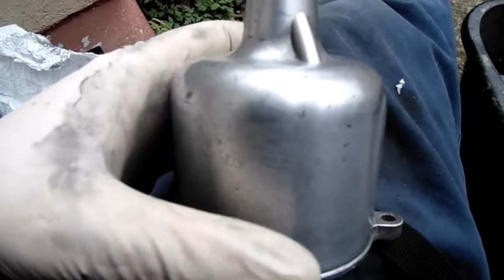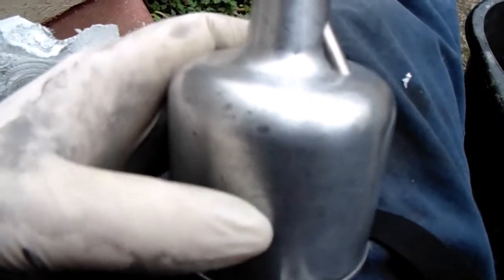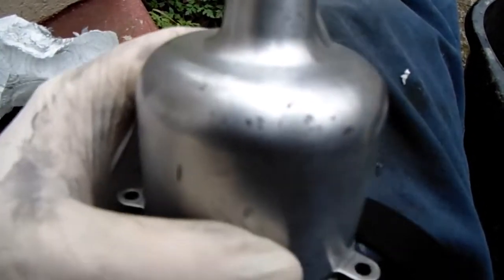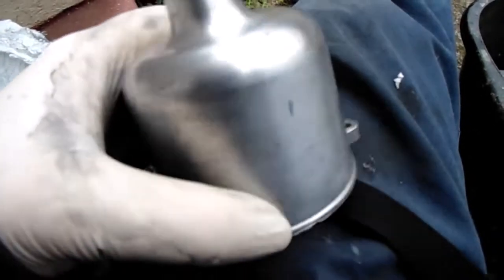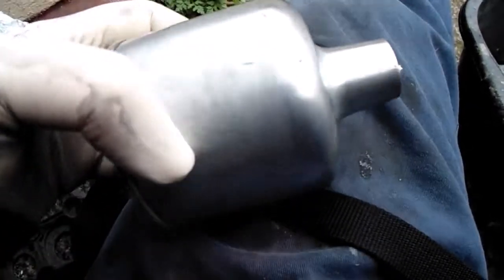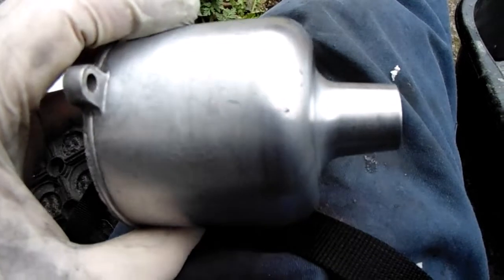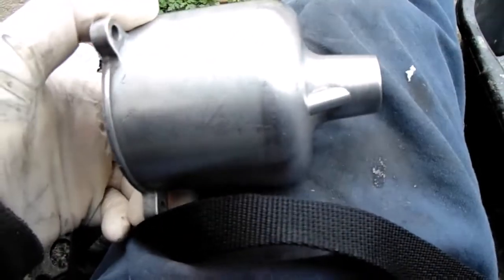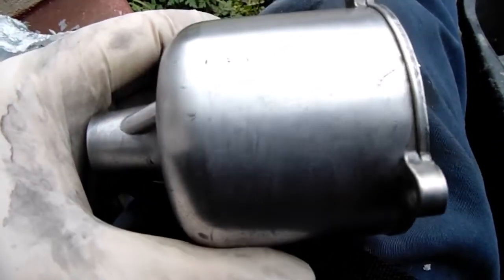If I had 800 wet and dry, it'd come down a lot quicker. See, there's one just there, quite a deepish one. So with 1200 wet and dry is okay, but it just takes longer and longer to do. So I'm gonna have to keep on going until I get most of all the marks I want out. I mean, you could polish it just as it is if you wanted to, depending on how fussy you are really, but I don't mind going on a little bit further with it. So I'm gonna keep on rubbing it down so I get most of all the marks out,